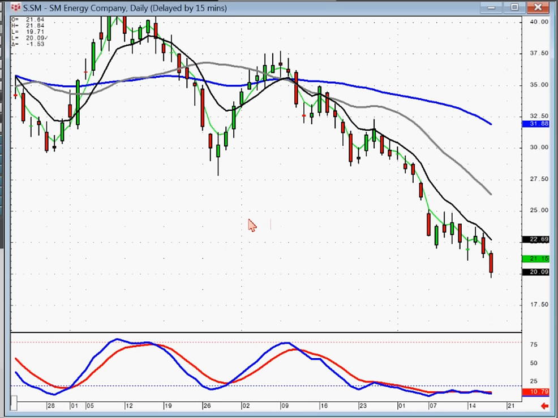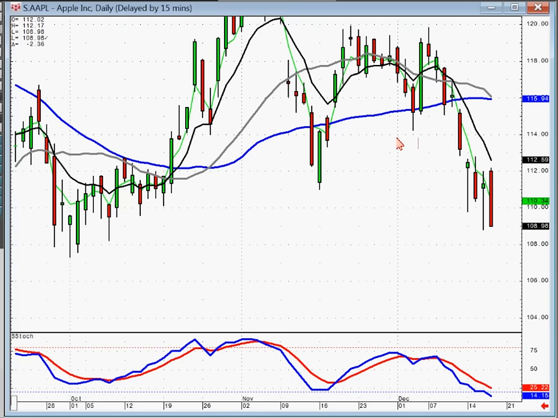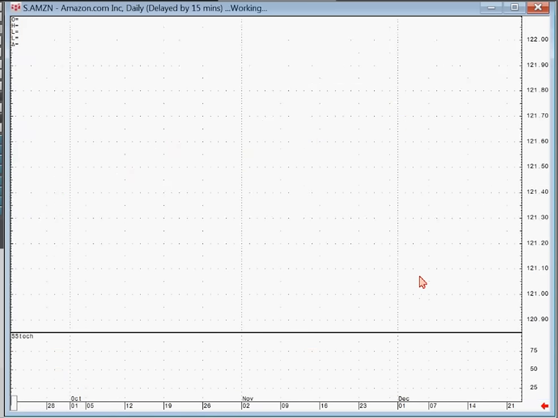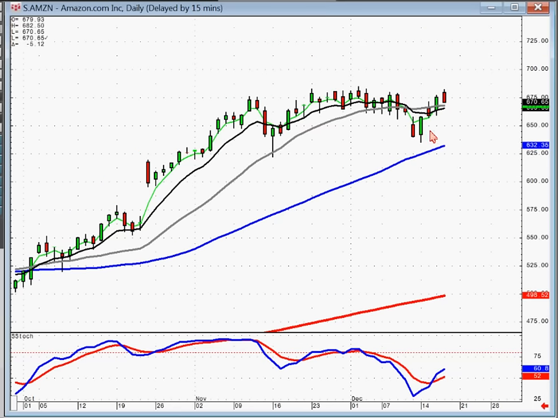Okay, some of the biggies, like Apple. Ever since it broke the 50 with a doji gap down, they haven't been able to take it back up at all. Amazon has a little scoop pattern. Our suggestion right now is you stay long on this one as long as they don't close it below the T line. And Netflix,